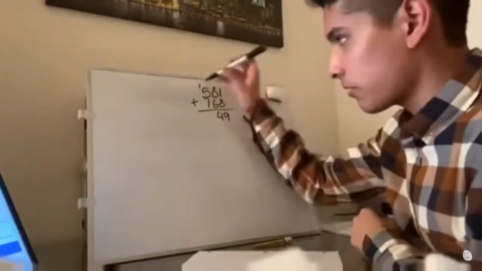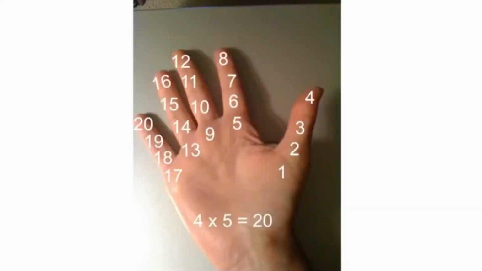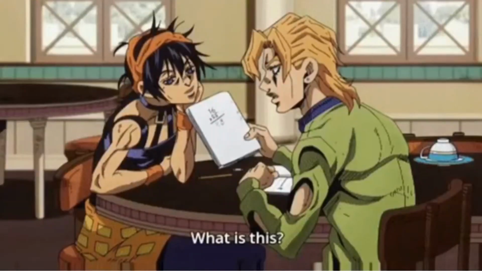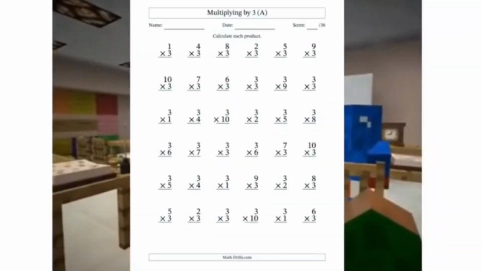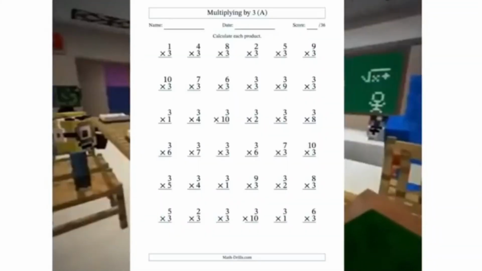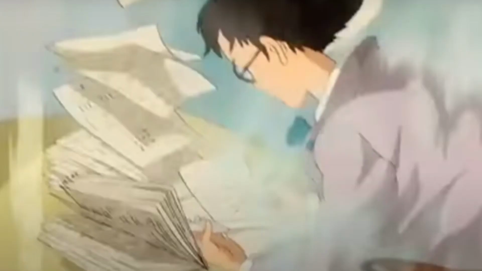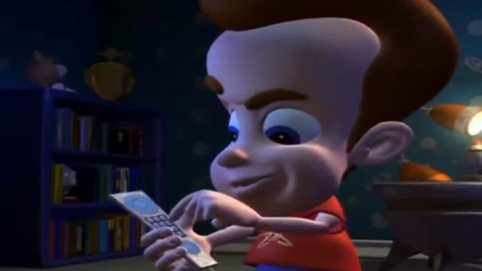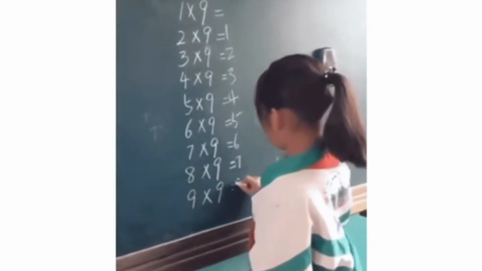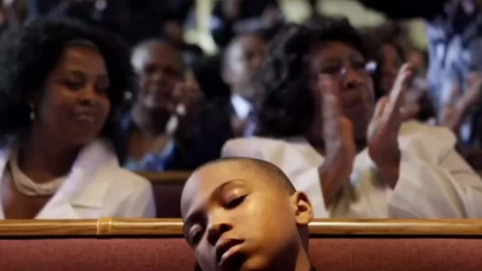That's how I felt learning addition and subtraction, and I felt that even more when learning multiplication. Doing multiplication back then was so fun. I was a multiplication god. Whenever I was handed those 50-question multiplication sheets back then in elementary school, I would speed run that in 5 minutes or less and get everything right. I felt like Jimmy Neutron, the boy genius. Except I had a bigger head. Multiplication was so fun that I would legit be doing it during my free time. I remember one time I was at church and I got bored because it was church.